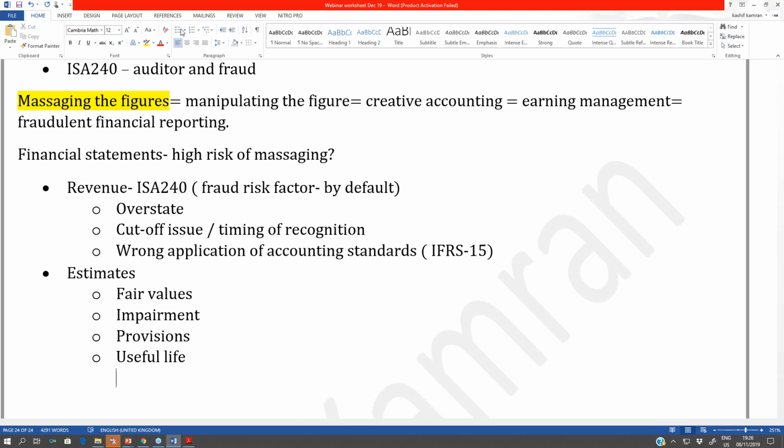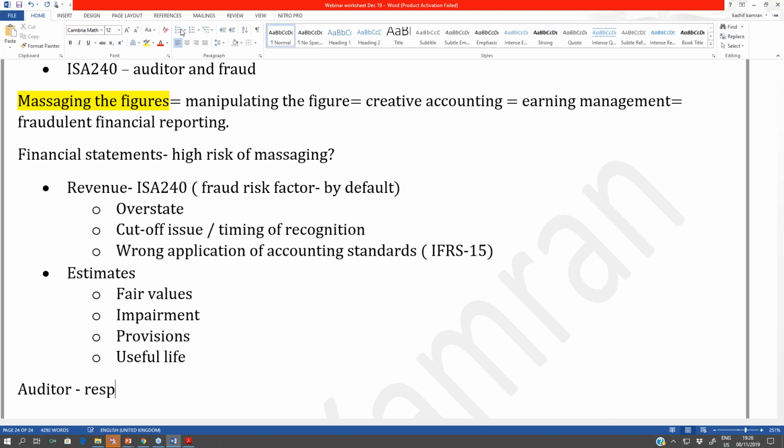So in an exam paper, whenever you see a revenue, you need to be alert. Whenever you see an estimate, you need to be alert, because these areas do have a risk of massaging the figures as high as possible. Is that clear with everyone? Read the article, massaging the figures, right? And the only conclusion the auditor has: